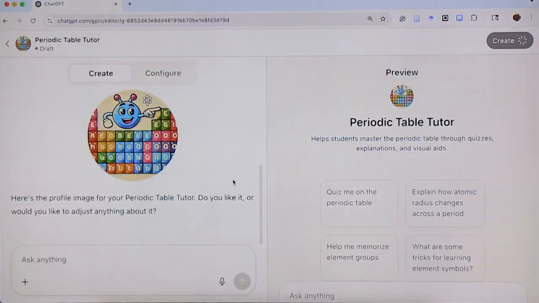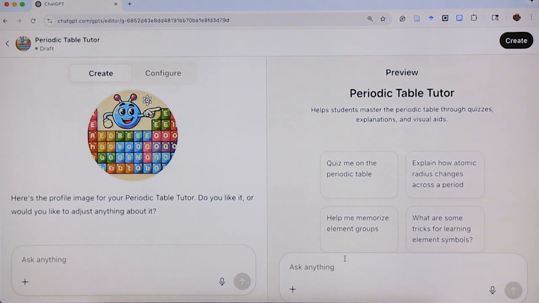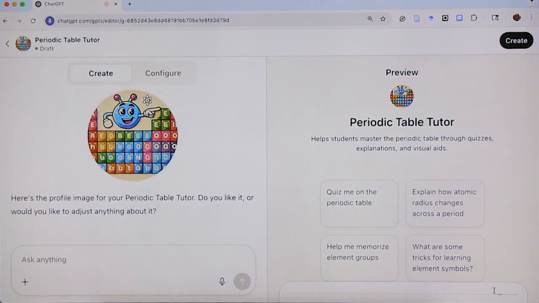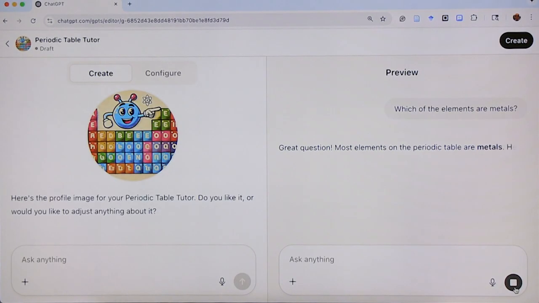Again, we as teachers must make sure that it's accurate, supportive, and gives a meaningful response. So what do you think you want to try and do in this tutor? Yeah. So you can ask it a question here as well. Yeah, ask a question. Let me dictate. Okay. Which of the elements are metals? And again, there's processing time when you work with voice. There's always a little bit of a delay. It will get better over time.